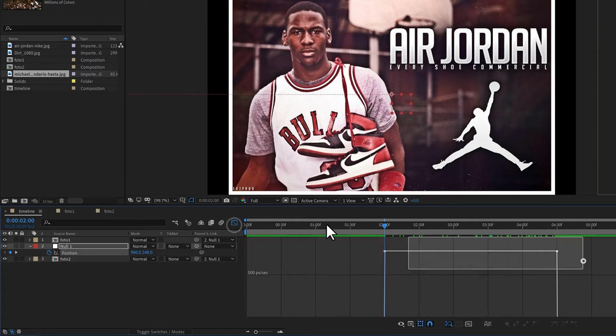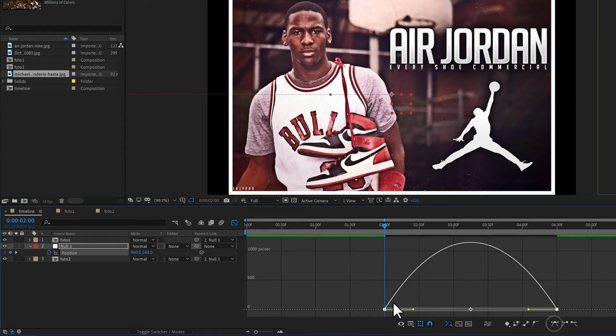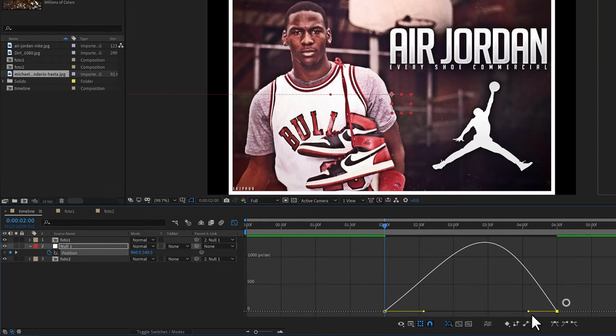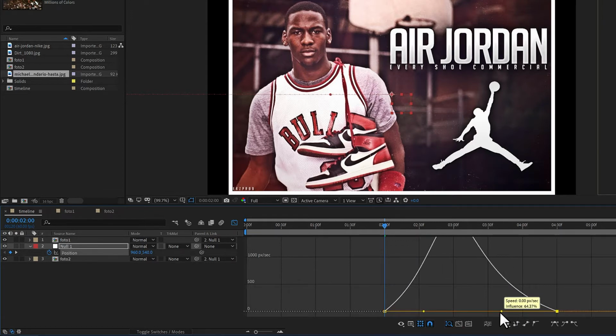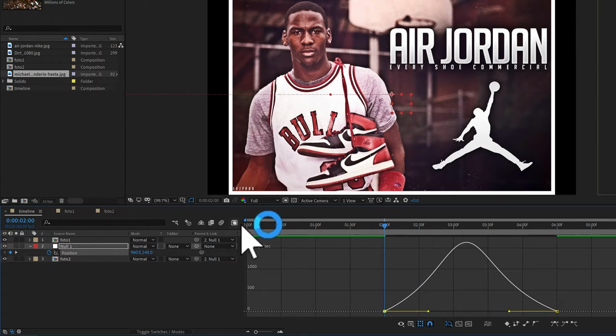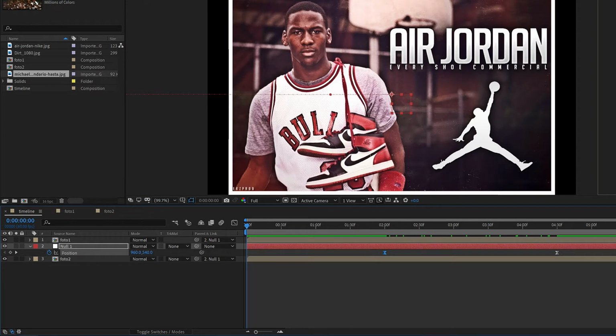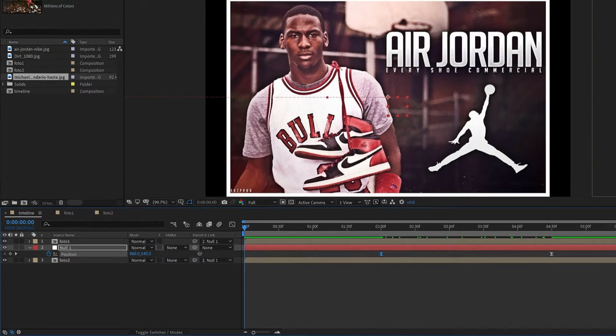Now in the null object, go to the graph editor and select both keyframes and change to easy ease and drag the Bezier points to make the animation more dynamic, something like this. Now here's the animation, but now in the original one, the picture is